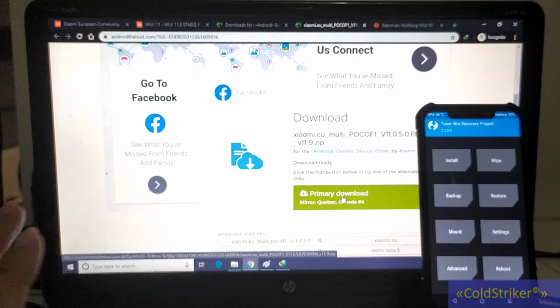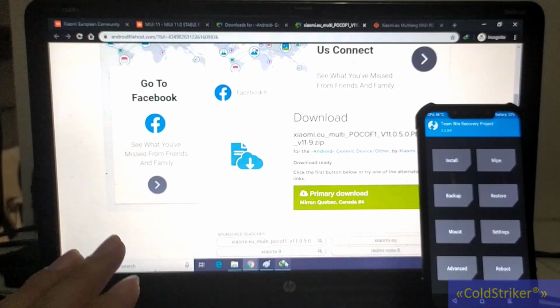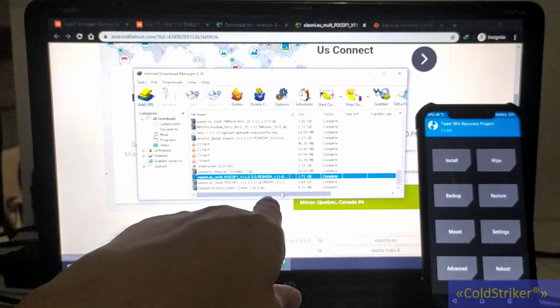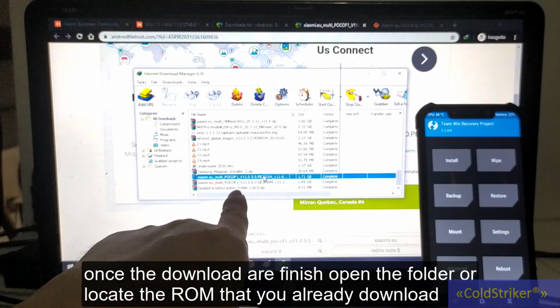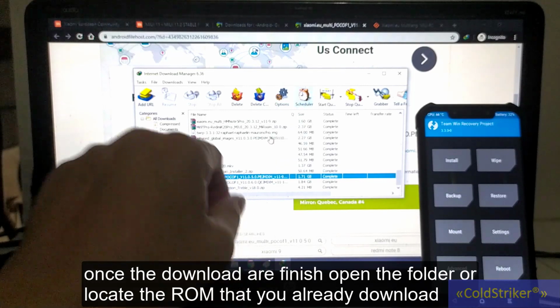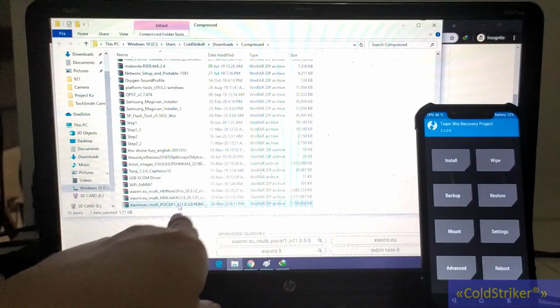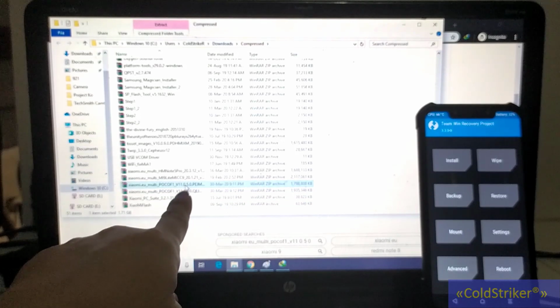Okay, so mukhang mabagal yung connection ko. So, hindi na po natin ipapakita yung pag-download. So, ito po yung na-download ko na. So, open lang natin. Open folder. Ayan po, ito na yung Poco phone 11.0.5. So copy natin siya,